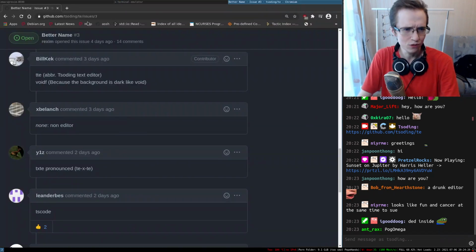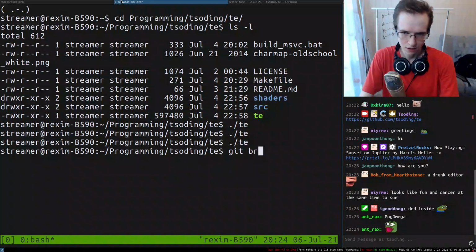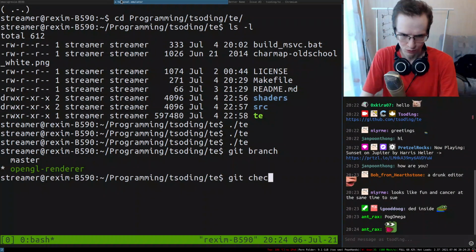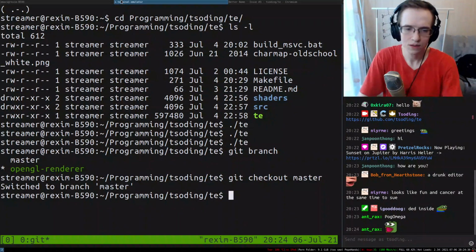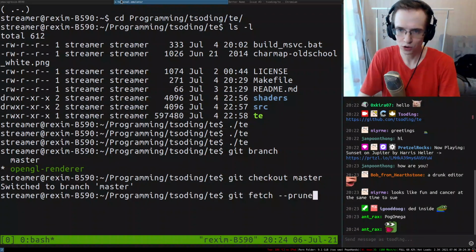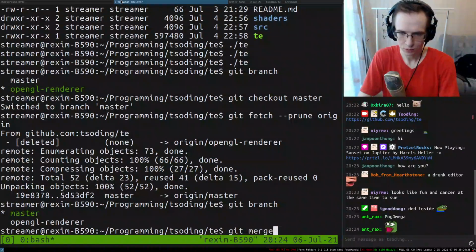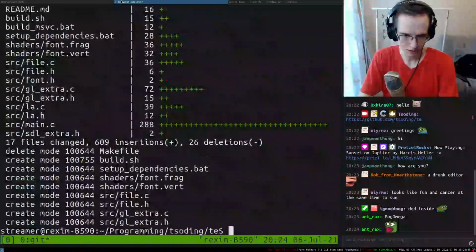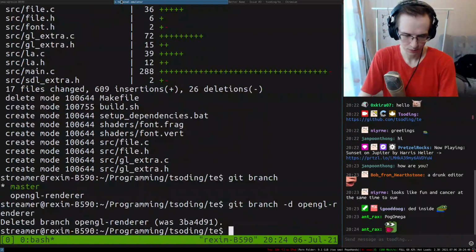Somebody also submitted a pull request that added support for the mouse. Let me see that. I'm going to check out the master, fetch the latest stuff, and merge origin master, the OpenGL renderer. There we go.